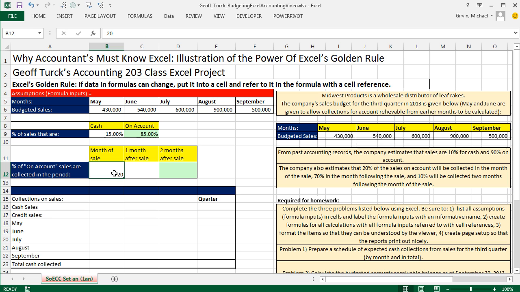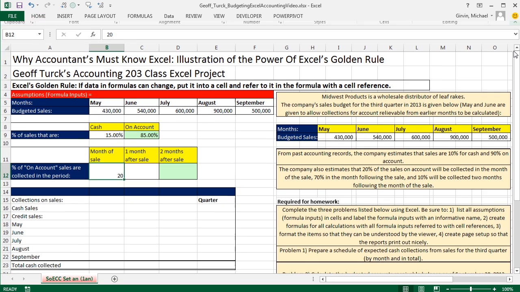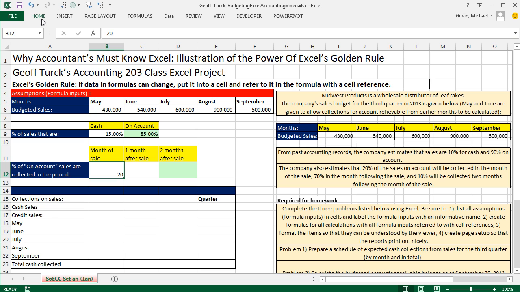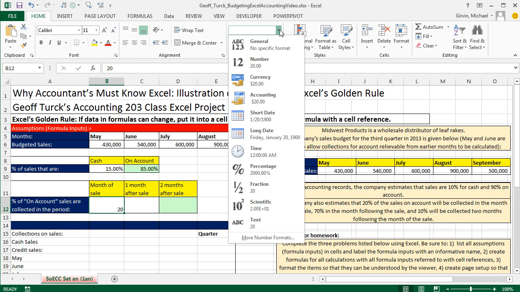If you type a 20 into a cell and come up to the home ribbon. Now, I have my home ribbons turned off so I can have a bigger screen here. You can right-click and uncollapse. There's a few other ways. There's this little item over here that will collapse. There's also a keyboard shortcut. Control F1 is a toggle. Control F1. All right, so then I come up to the number group, and I come to the drop-down,